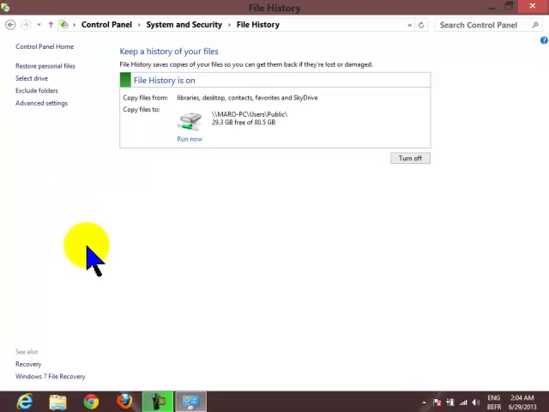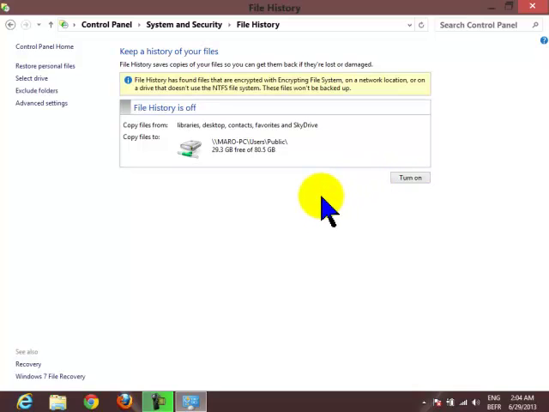So at this point I think I am 90% ready, but I can turn on my backup and go to some advanced settings. So just turn it on. If you have a lot of files, you will see the progress here, saving your data in the location you selected. So by going to advanced settings,